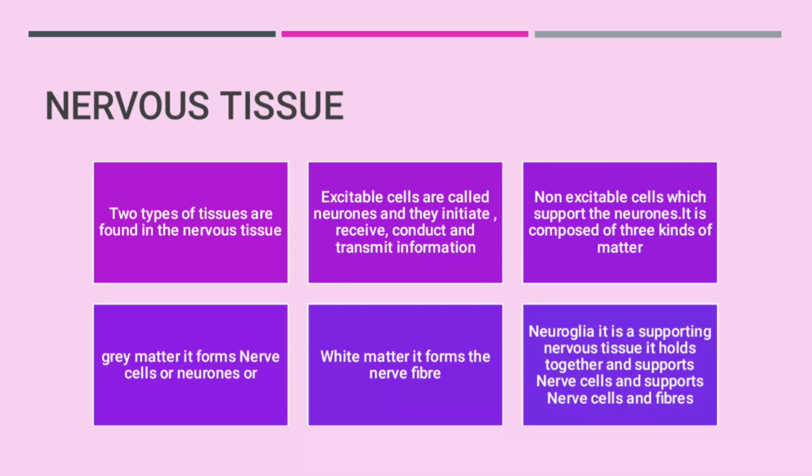Nervous tissue: two types of cells are found in the nervous tissue. Excitable cells are called neurons, and non-excitable cells support the neurons. The excitable cells are responsible for initiating, receiving, conduction and transmission of information. The non-excitable tissue is composed of three kinds of matter. Gray matter forms nerve cells or neurons. White matter forms the nerve fibers. Neuroglia is the supporting nervous tissue. It holds together and supports nerve cells and